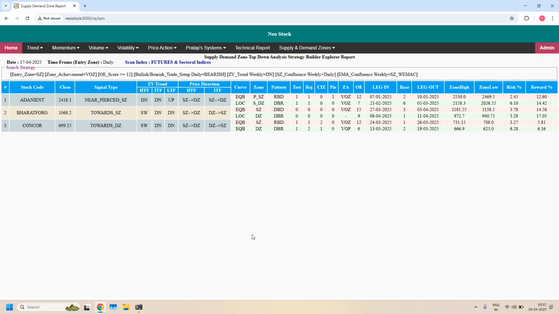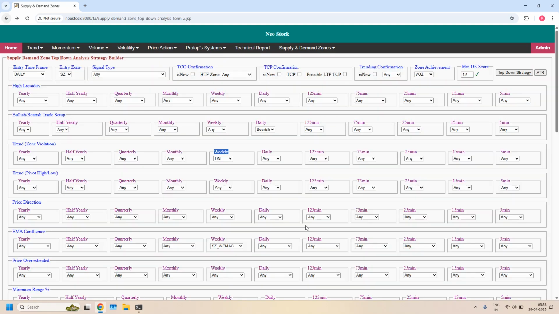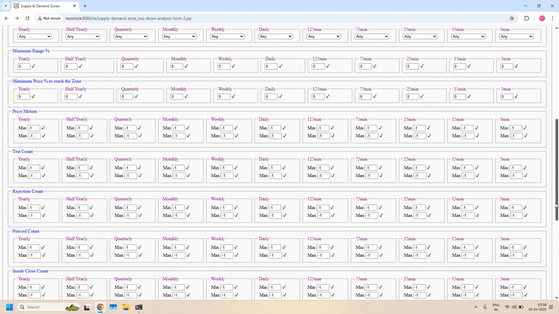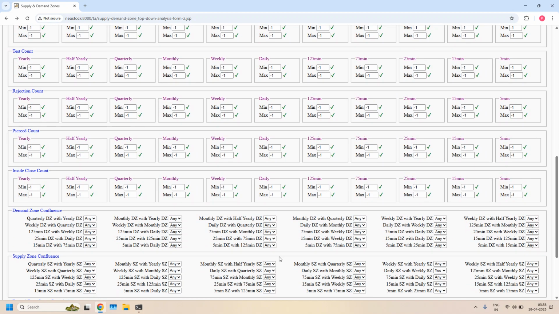Next we will look into LTF, ITF and HTF supply zone confluence supported stocks. I am removing the EMA filter. In the supply zone confluence, 3 filters we have to set. First filter is already enabled, daily with weekly supply zone confluence. Next, daily with monthly supply zone confluence. Weekly with monthly supply zone confluence. By setting all the 3 filters,